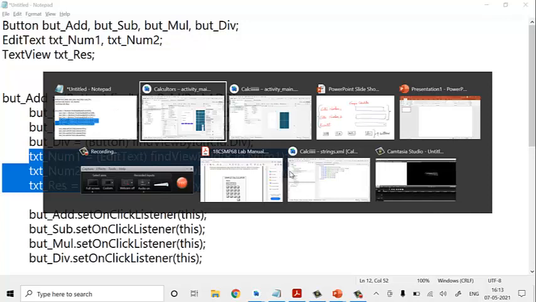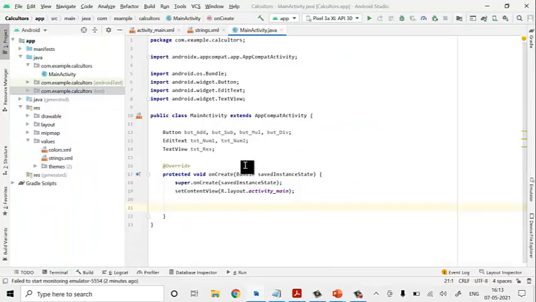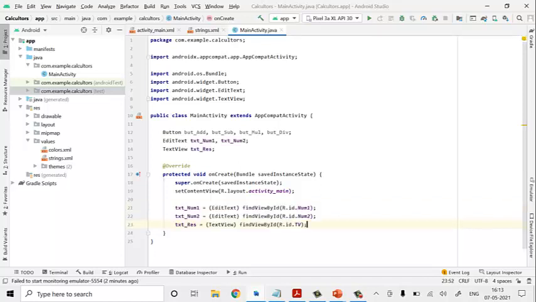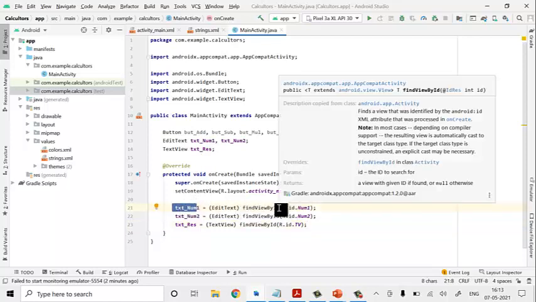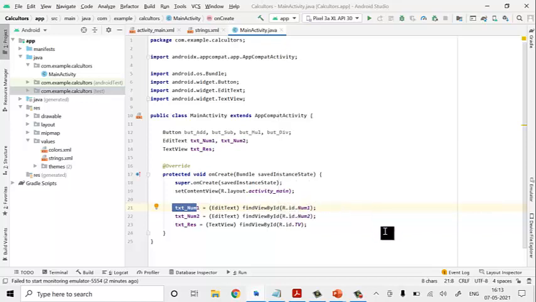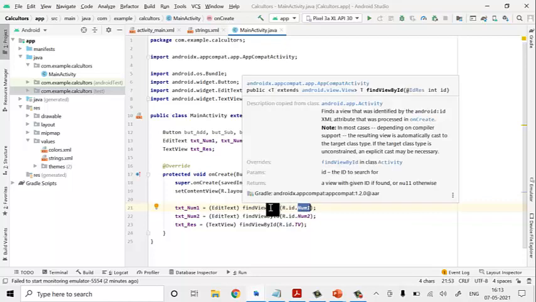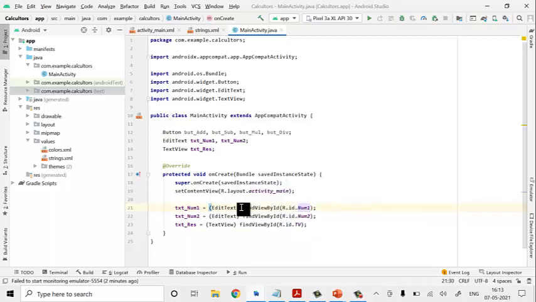Go back to this main.xml. Here I'll place the code. See, text1 num, I have created one local variable. We call findViewById. In the sense, we are saying to search based on the ID. This is num1, the text box which I had given. Based on this ID, it searches. Once it is found, it is of type EditText, so we are typecasting. We have done EditText typecasting, and whatever data it brings is stored in text num1.